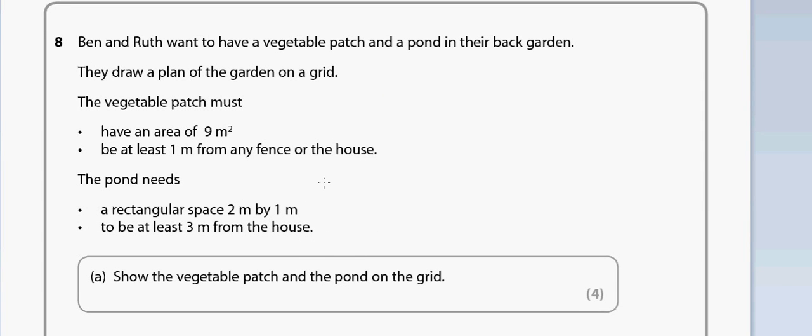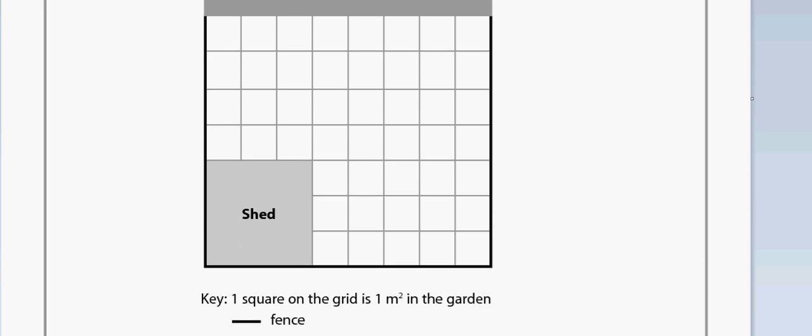Okay, so question 8. Ben and Ruth want to have a vegetable patch and a pond in their back garden. They draw a plan of the garden on a grid. The vegetable patch must have an area of 9 meters squared and be at least 1 meter from any fence or the house. The pond needs a rectangular space 2 by 1 and to be at least 3 meters from the house. So here we can see we have the plan,